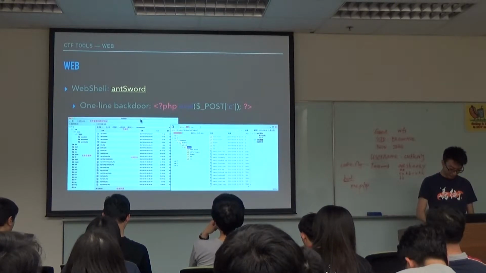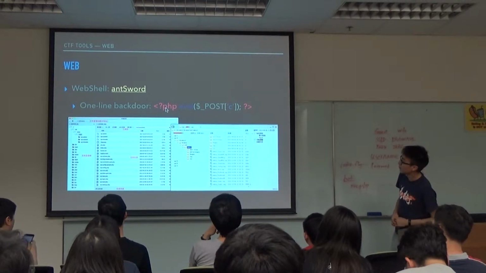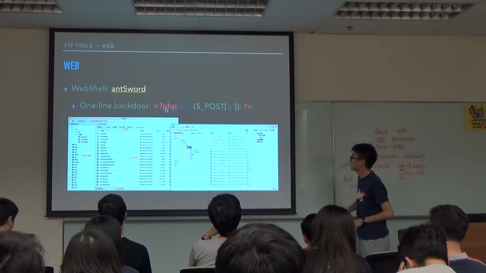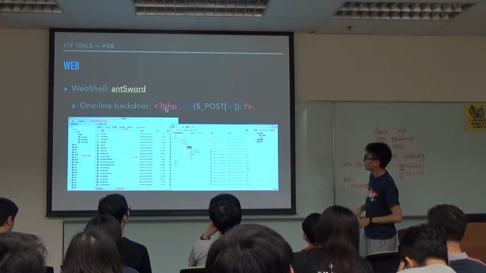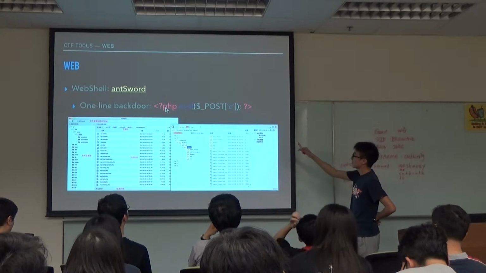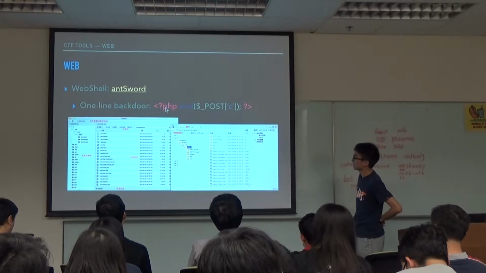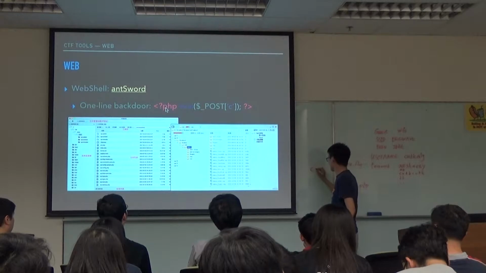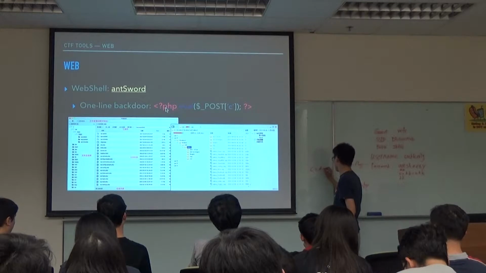I'll show you. By the way, do you know what a one-line backdoor like this is? This is PHP code, and the eval function is a function which will execute the string passed to it. The post means that it will receive the parameter in the post body, like say is equal to data,